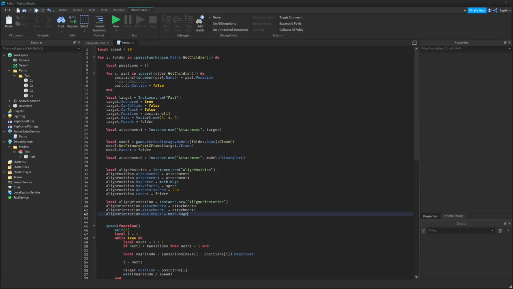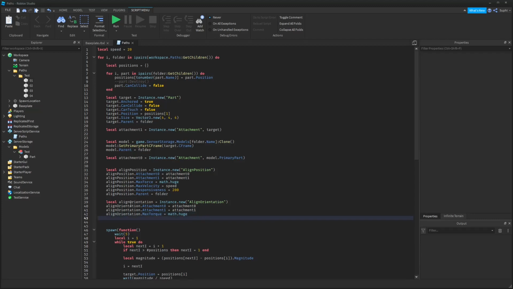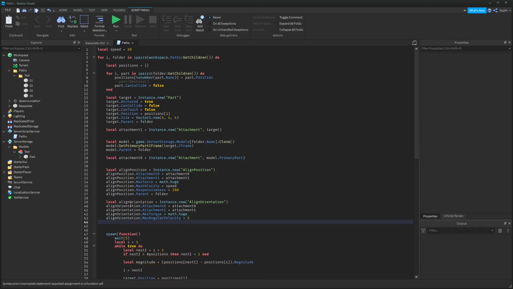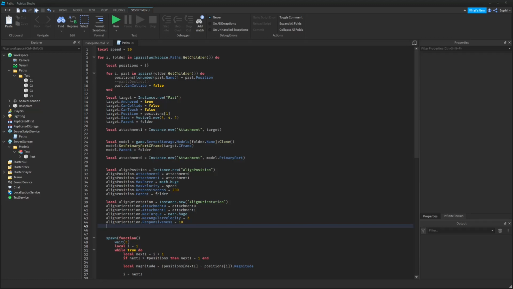And then I'm going to set the max angular velocity, and I'm going to set that to 5. And then I'm going to set the responsiveness, and I'm going to set that to 10. And I'm also going to set the parent